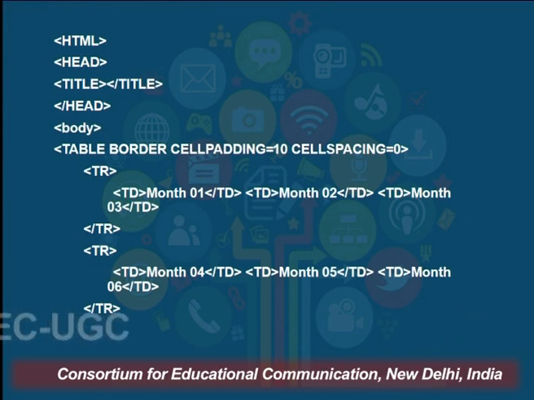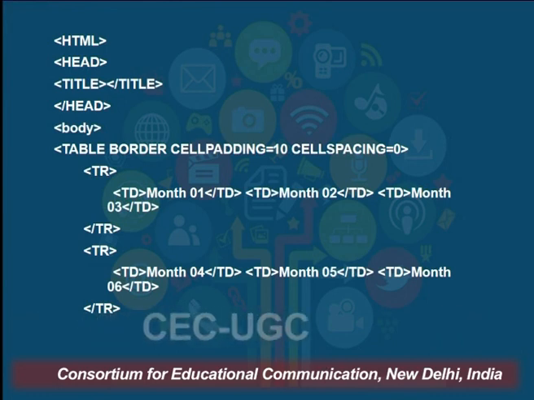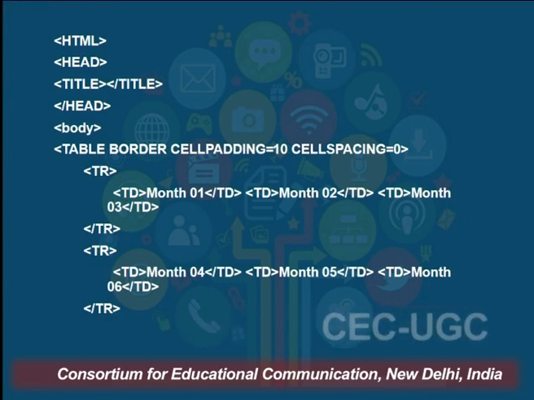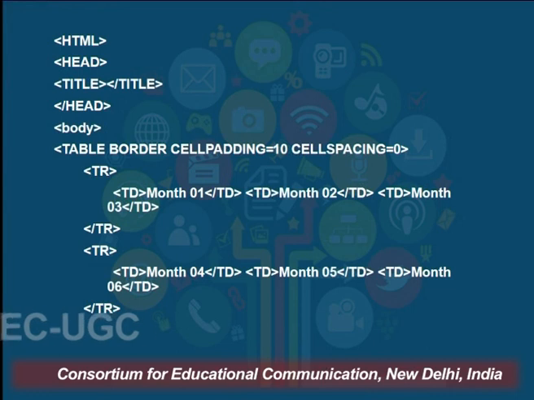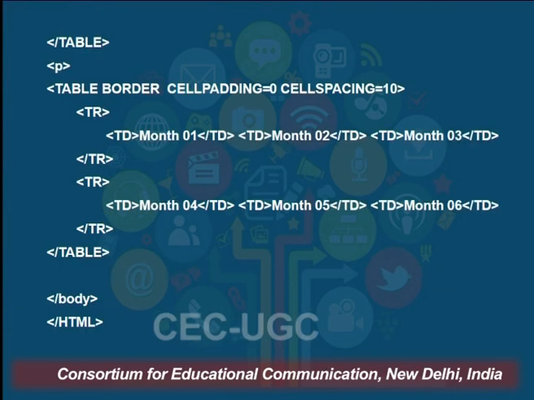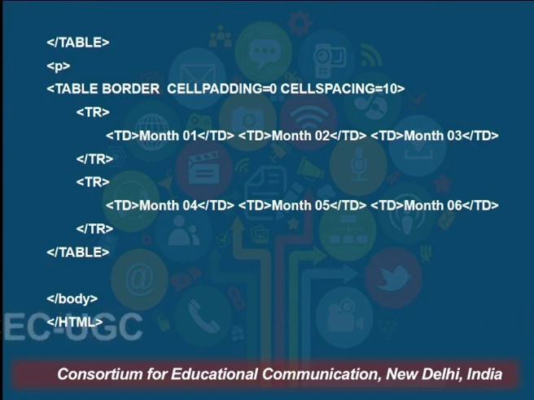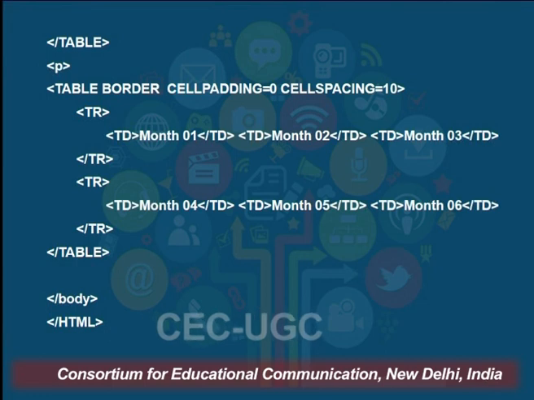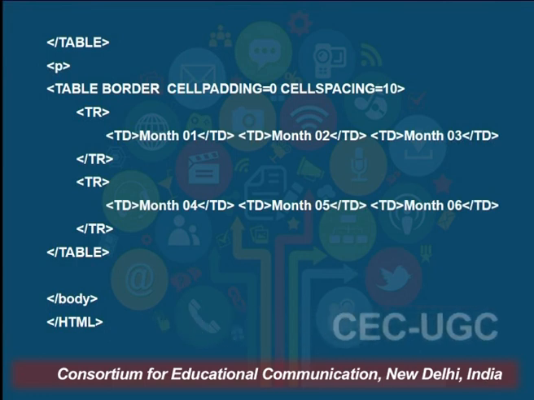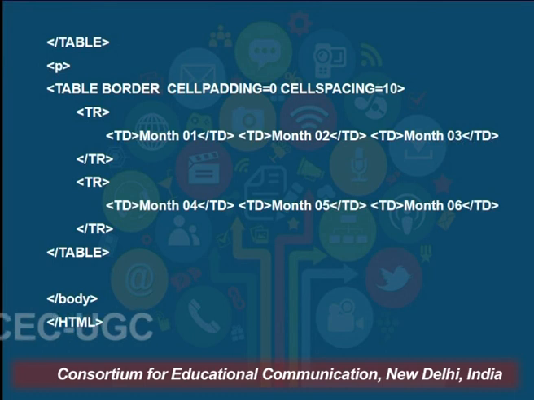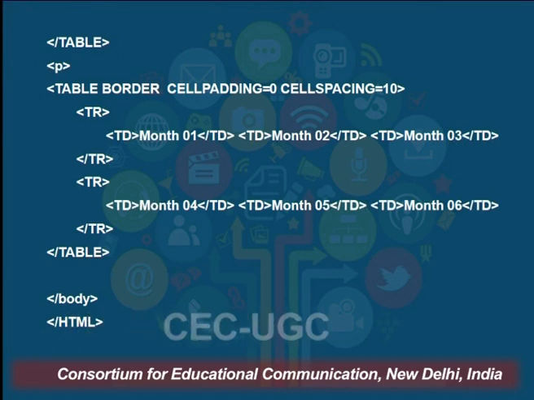Here we are specifying cell spacing equal to 0, which means that we do not want any spacing between two cells, and the two cells will come very closely packed to each other. You can also specify it the other way round. We can specify cell padding equal to 0 and cell spacing equal to 10. In that case the cells will be very far apart, but the border and the content of the cell